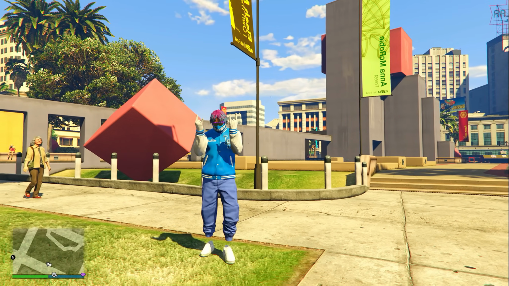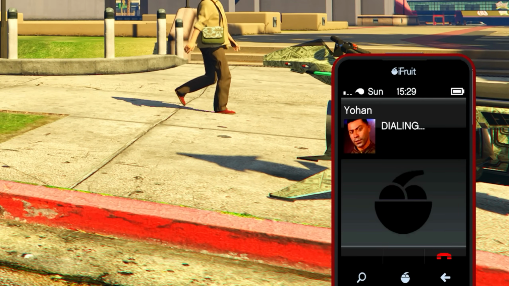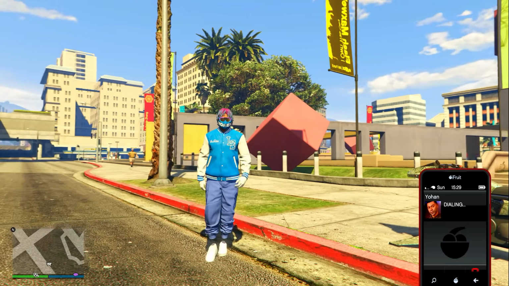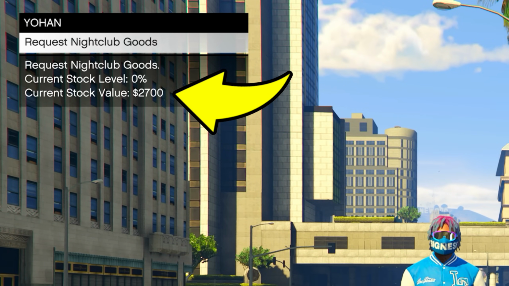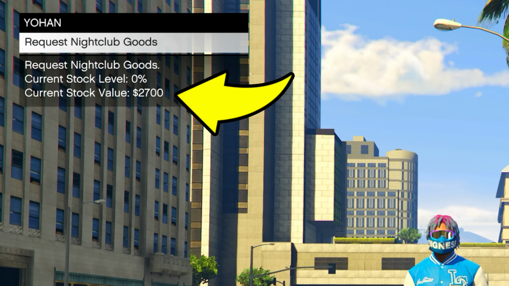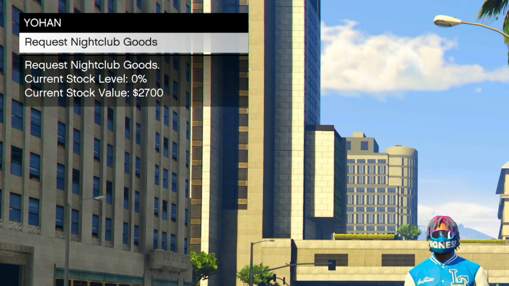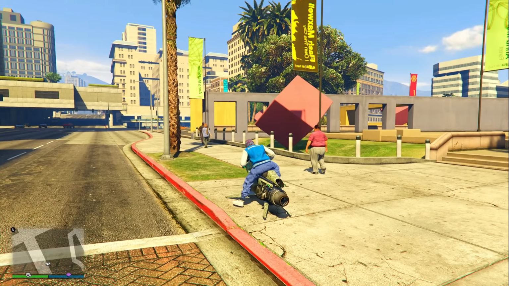So the first way to get stock for your nightclub to fill it up even faster is by going over to your contact list and then going over to Johan. Once you call Johan, you'll see you have an option at the top left to request nightclub goods. Also, pay close attention. As you can see, it also shows you the value, and the current value of my product is currently $2,700. You'll see how much this actually dramatically increases after I finish doing this first nightclub goods